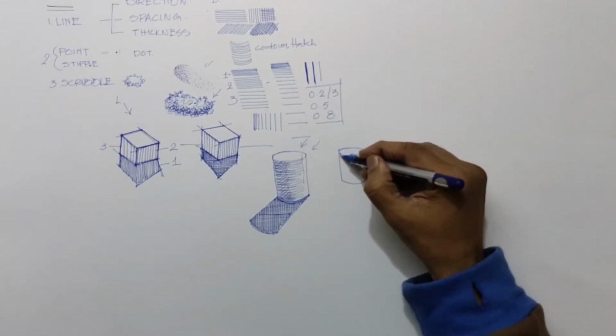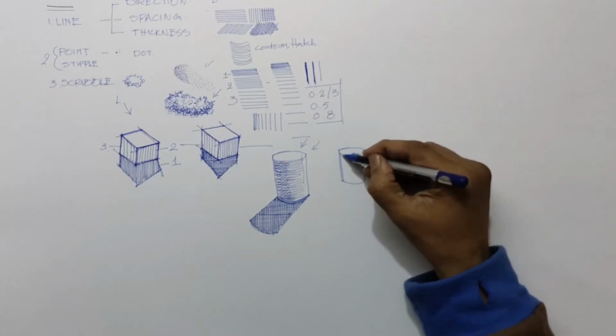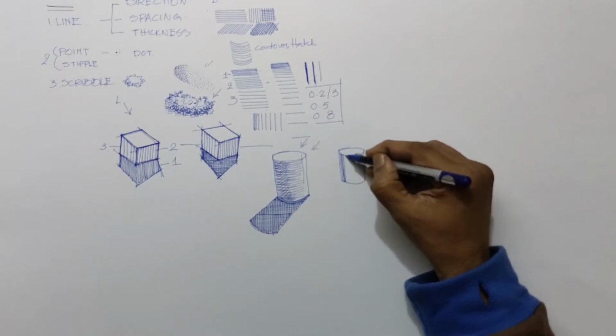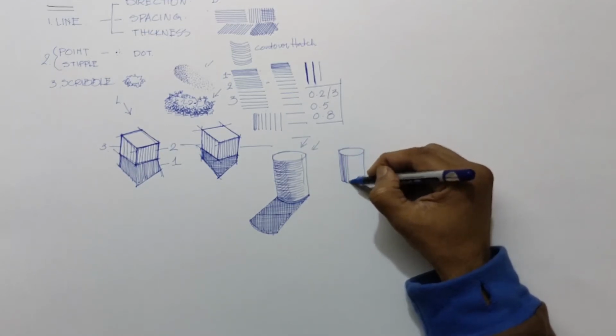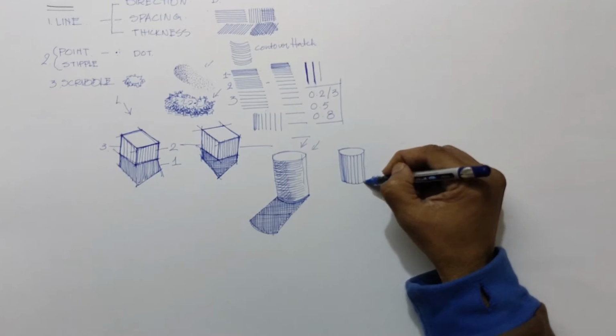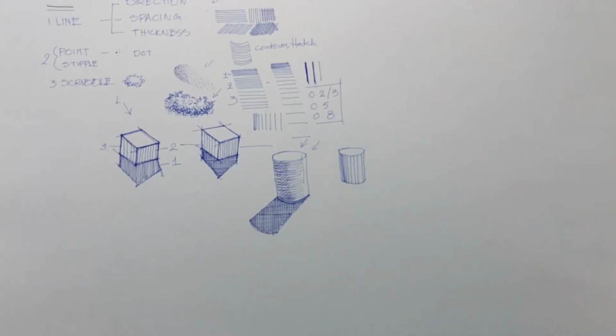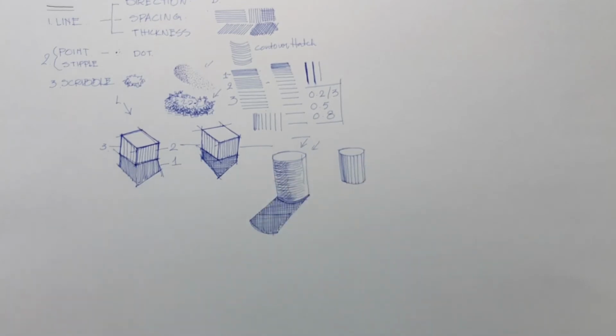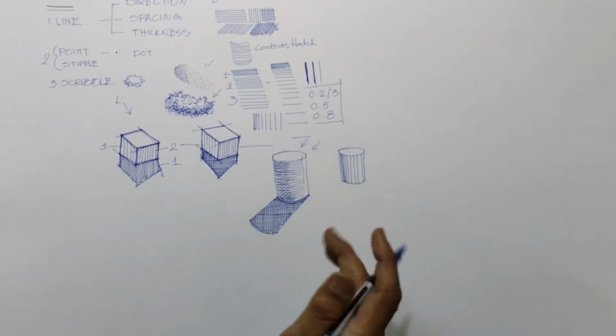I am leaving some space there. The reflection I said from the surface ground. See, close lines I am putting. Slowly, after that, I am increasing the space, gradual spacing like gradation or grading. So this also is one of the ways of using a vertical line to give that curvilinear effect. It looks like a curved surface.